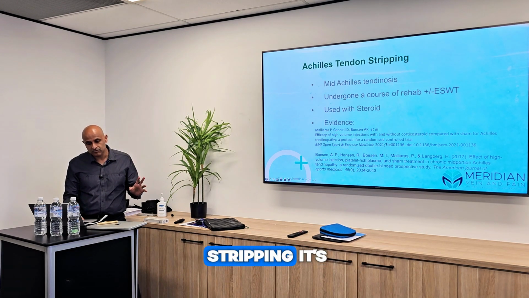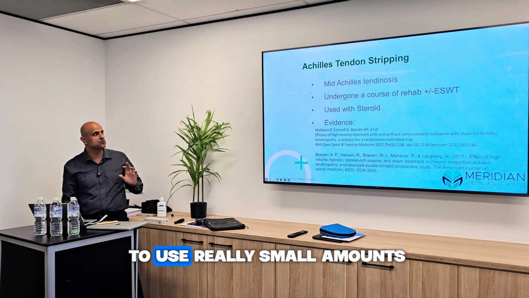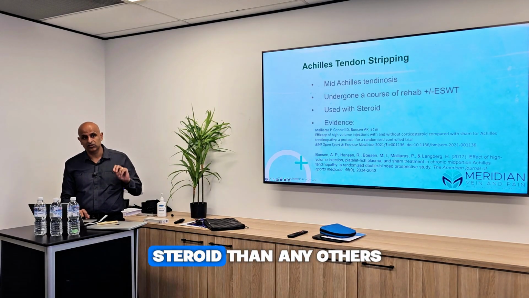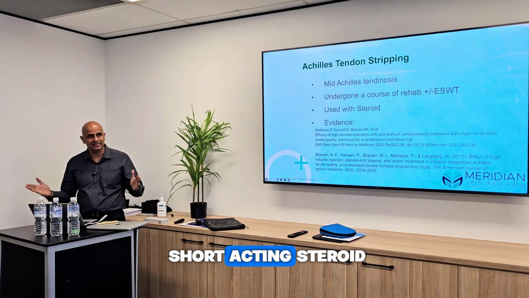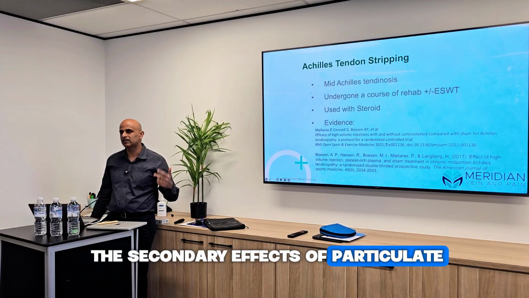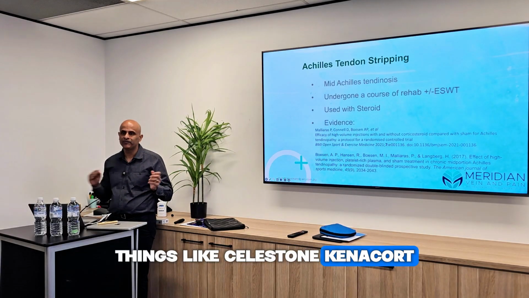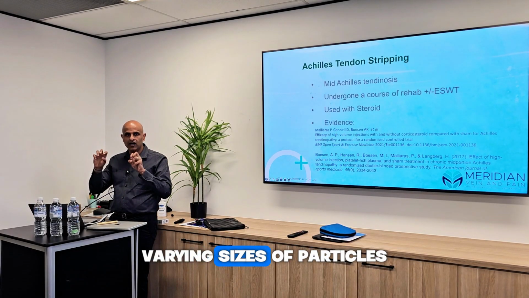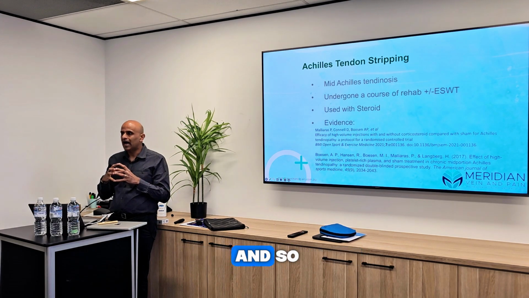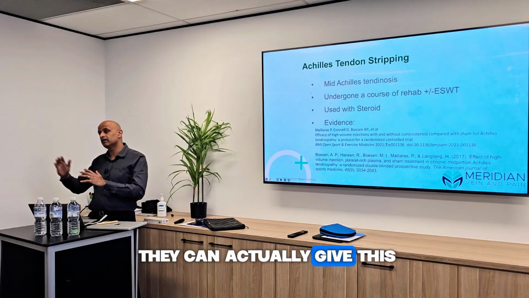So for Achilles tendon stripping, it can have its place, but I urge you to use really small amounts. Dexamethasone is probably a better steroid than any others. It's a much more short-acting steroid because it's a purer one, and you don't get the secondary effects of particulate steroids. Particulate steroids, things like Celestone, Kenacort, have got varying sizes of particles which are formed by additives to them. And so one of the issues that can happen is they can crystallize,